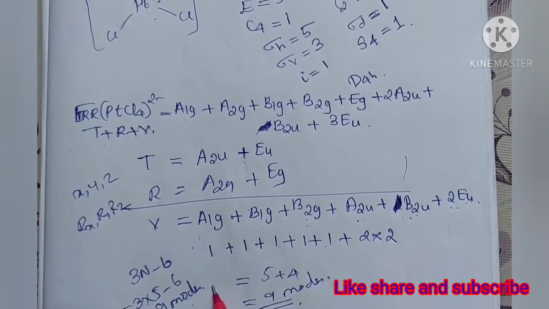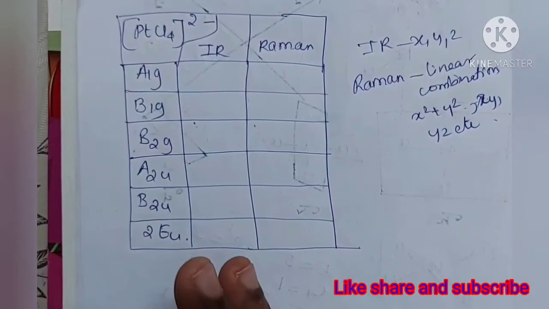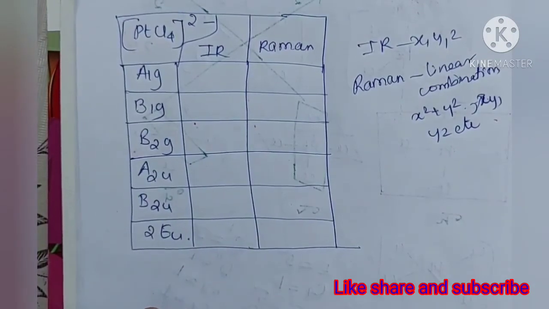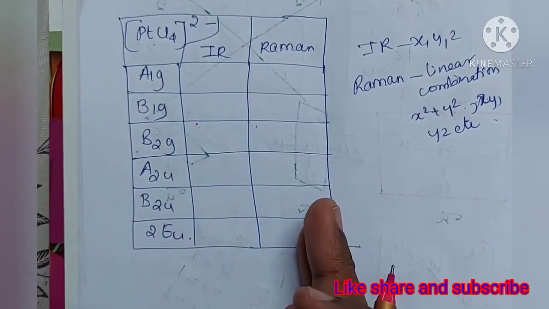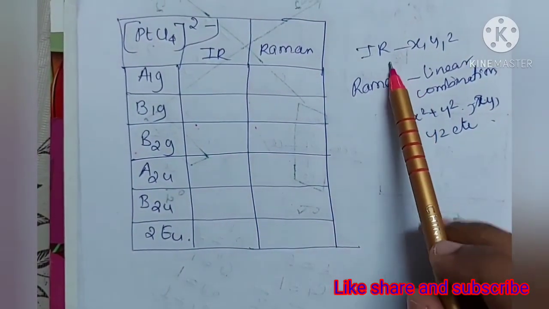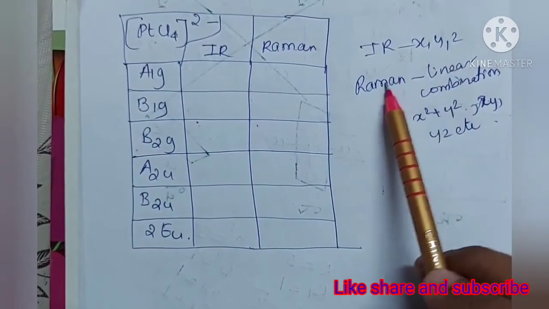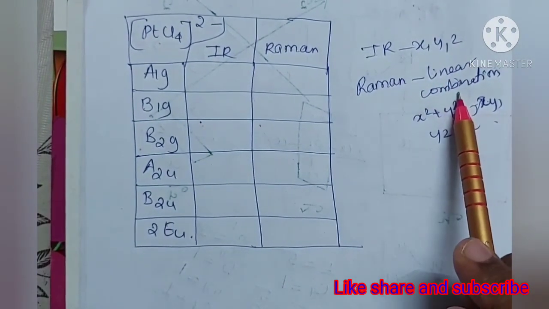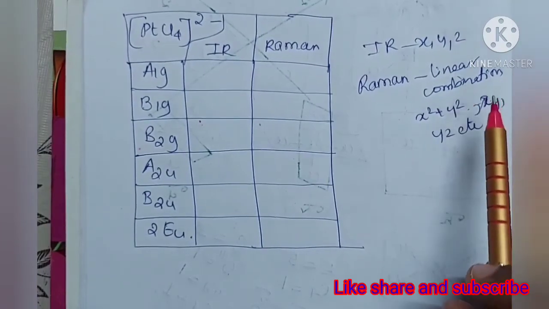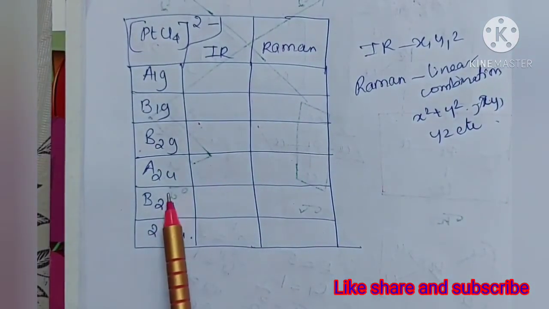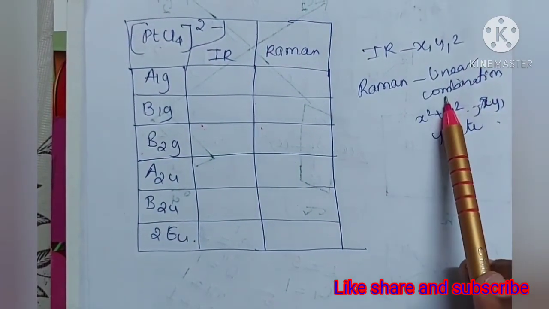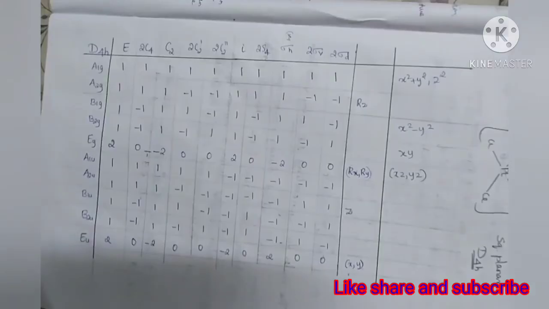So the next step, that is the fourth step, is to find the IR and Raman activity of these modes. So now we are going to find the IR and Raman activity as the step 4. So we have written all these vibrational modes in one column and IR and Raman activity in the other column. So for IR activity, there should be X, Y, Z in the second column, and for Raman activity, there should be some linear combination of these X, Y, Z axes in the third column. So we are going to cross check all these irreducible representations as to whether we have these X, Y, Z and linear combinations.